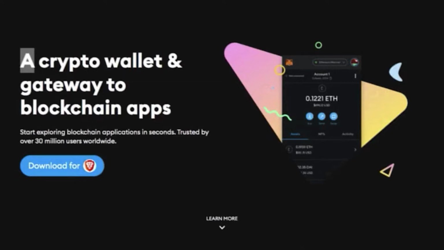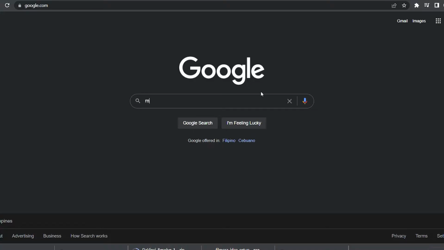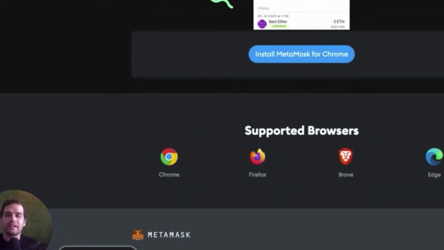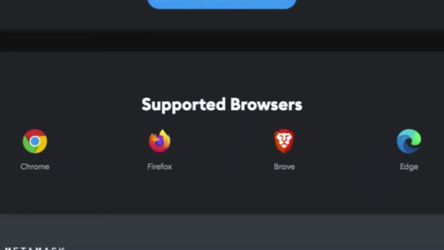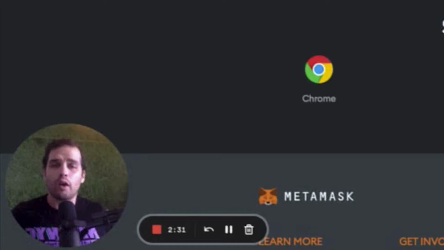If you don't yet have a MetaMask wallet, that's okay because you can download one for free. Just go to metamask.io and click download here in the upper right. Just click download and install the browser extension for whatever browser you're using. The whole setup is pretty easy and it will walk you through step by step where you'll eventually be given